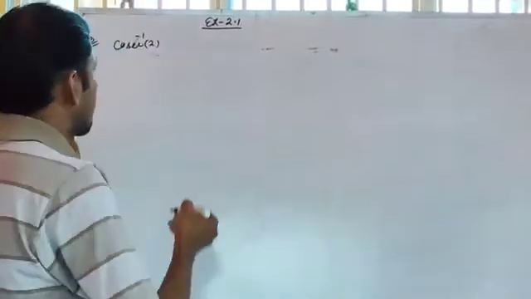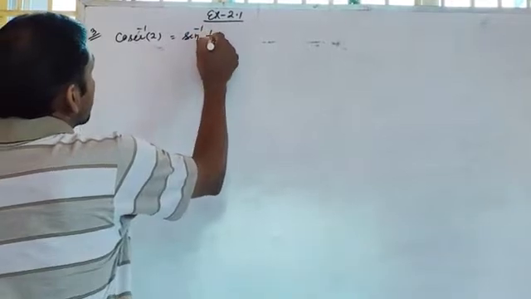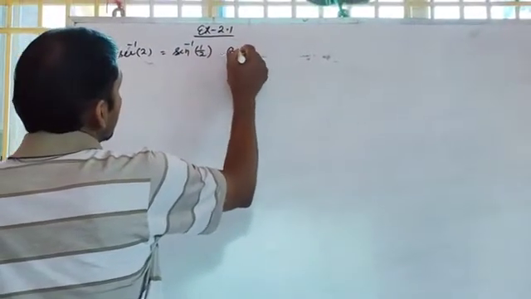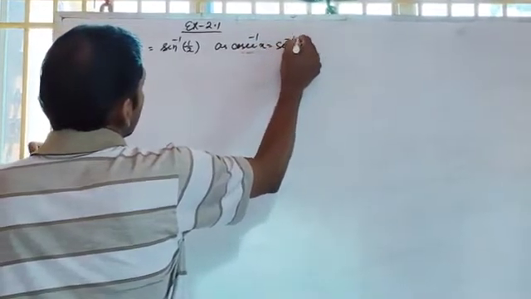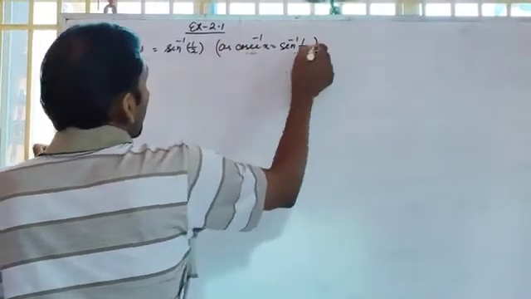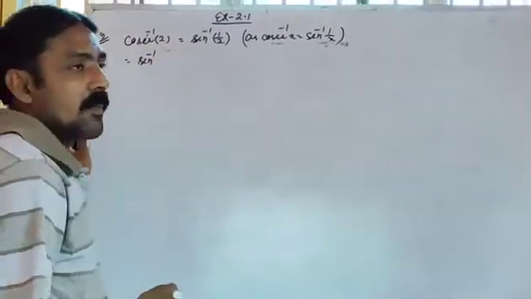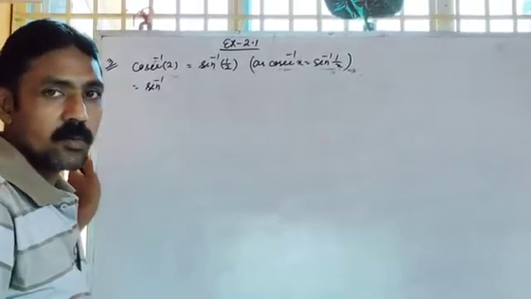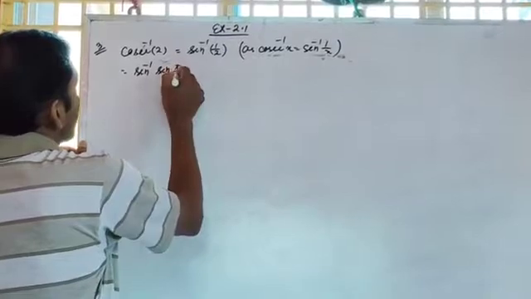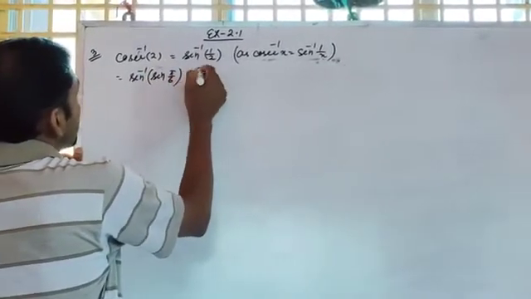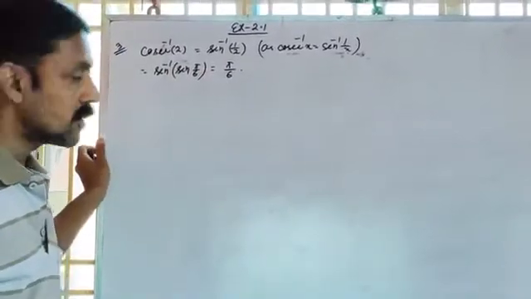I know that cosec inverse x is sin inverse 1 by x. So you can write it as sin inverse 1 by 2. Now, sin 30 degree is 1 by 2, so 30 degree. And now you can write sin pi by 6. And this is pi by 6. So this is the principal value.